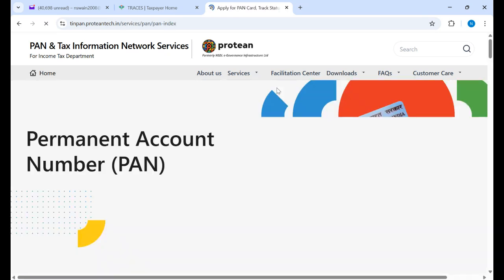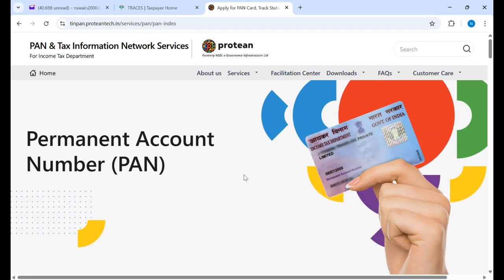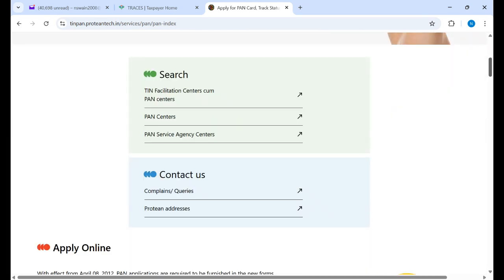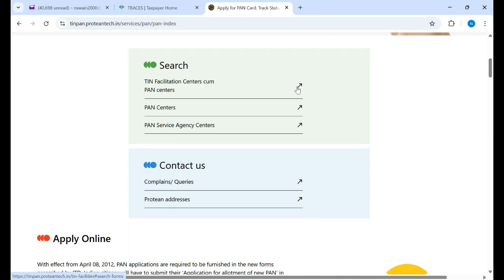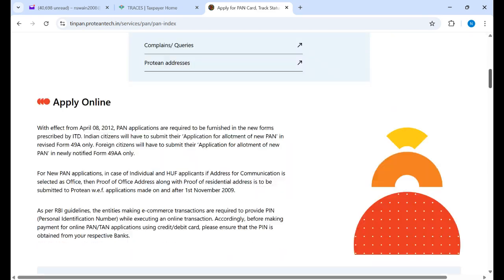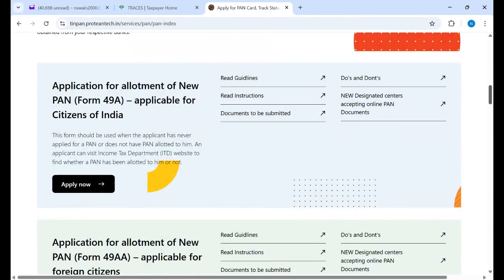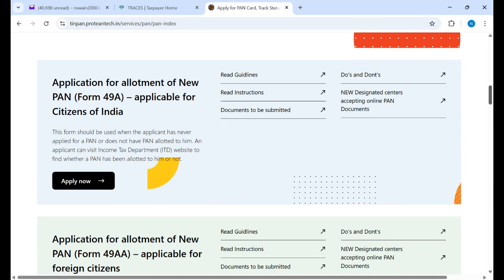I will use some video clips because that will be more easily available to you. You can go for the also. There is a teen facilitation center. PAN centers are there. PAN service centers are there, and you can go online yourself, or you can also take the help of certain persons. And here, because the time will be short, whatever I am covering, not going for detailed discussion, you open the